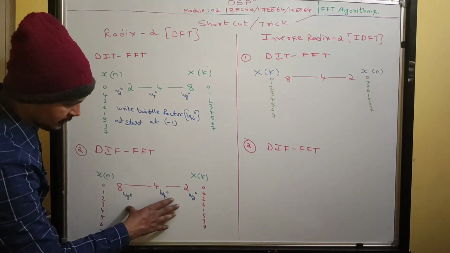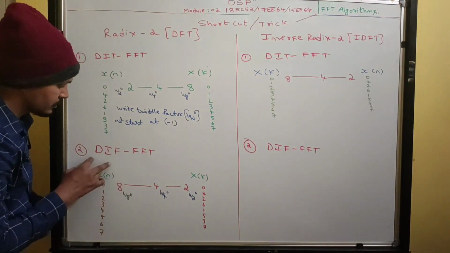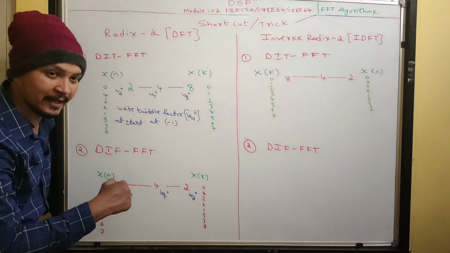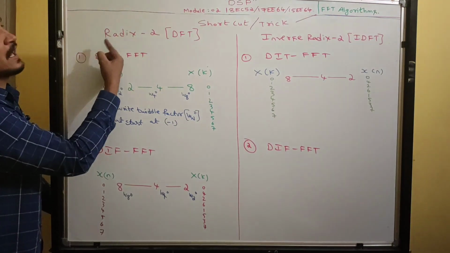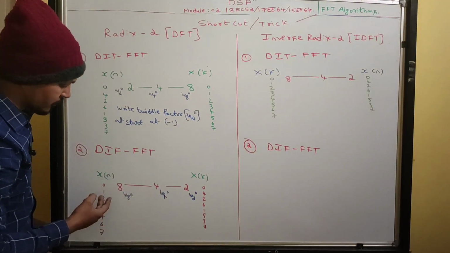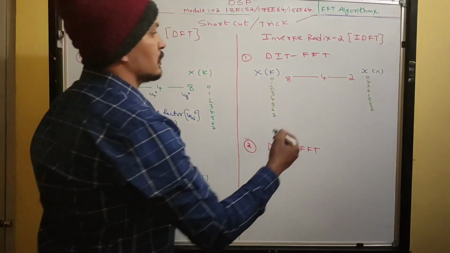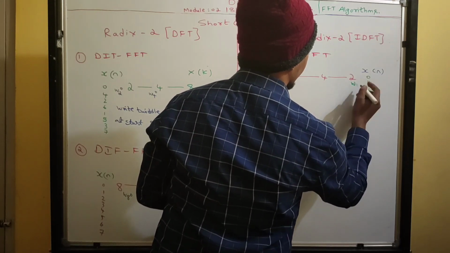Okay. See, this one and this one, both are the same. Do the inverse operation of this. What is the inverse of frequency? Time. But what is this? Radix-2. What have I done? I have done inverse on radix-2. Then it becomes what? Inverse radix-2. So therefore, all powers you write negative. Write twiddle factors with the negative powers.